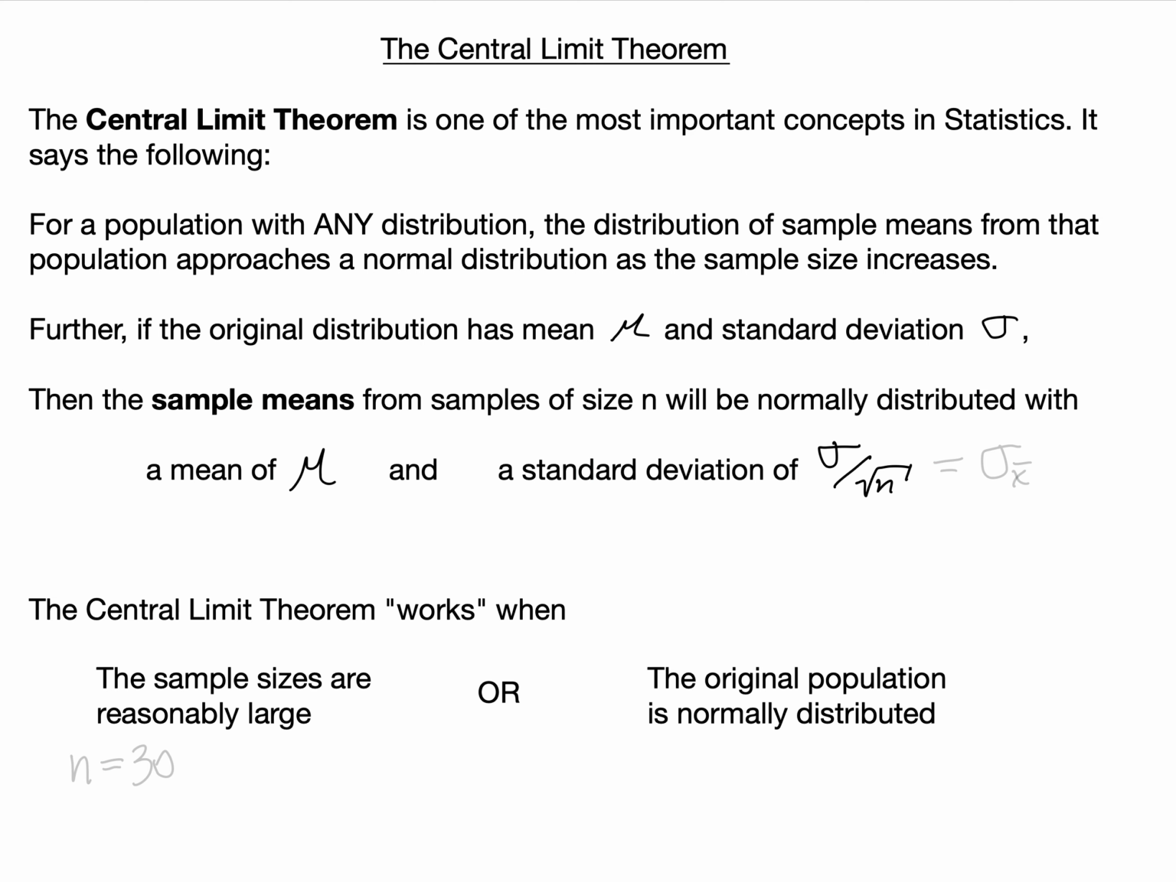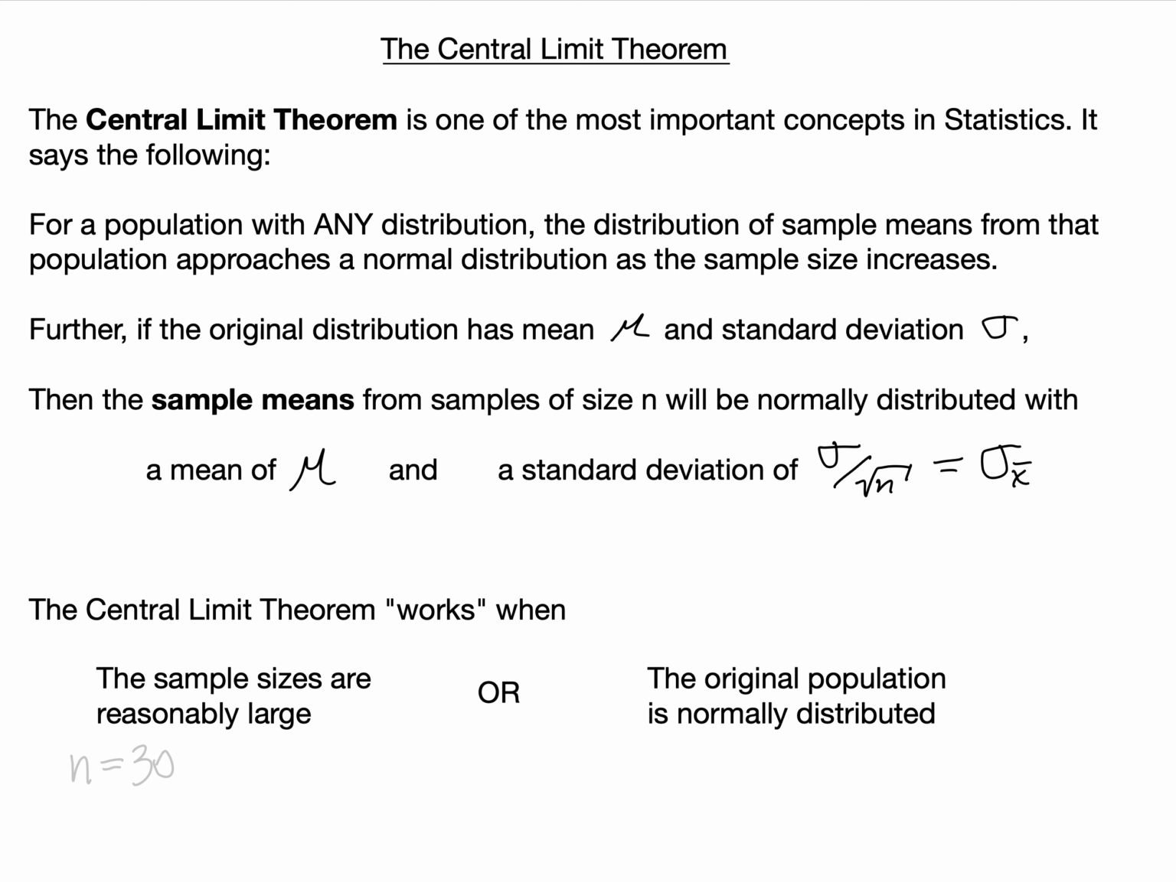then the sample means from samples of size n will be normally distributed with a mean of mu, so the same mean as above, and a standard deviation of sigma over the square root of n, the original standard deviation over the square root of the sample size. Sometimes this is written as sigma sub x bar because it's the standard deviation of the sample means of size